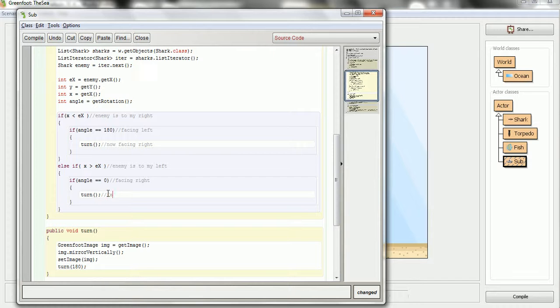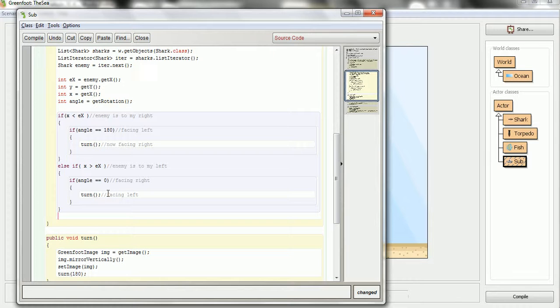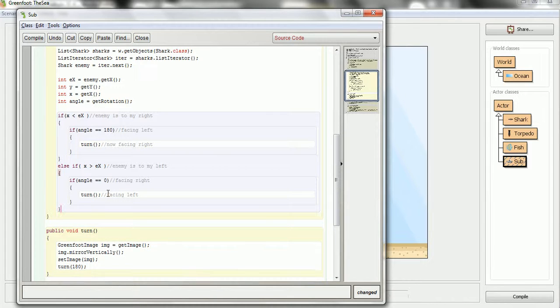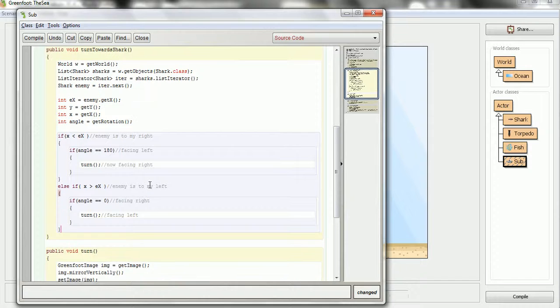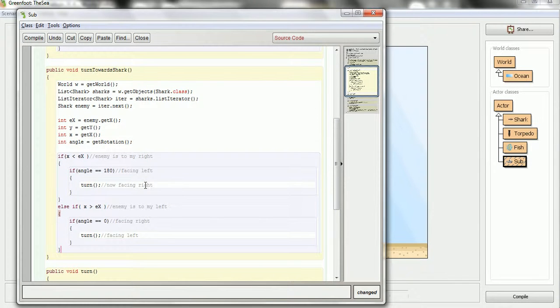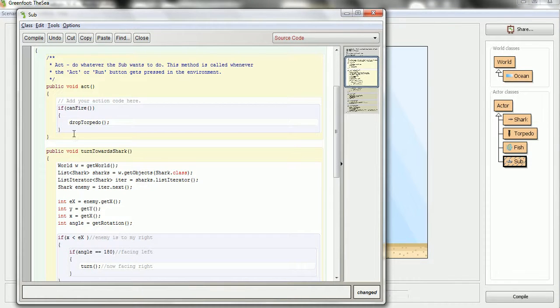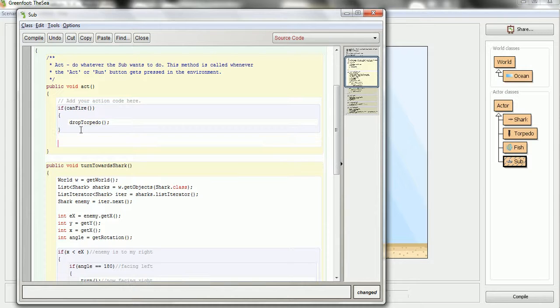And that means I'm now facing left, the same way towards my enemy. Otherwise, I'm not going to do anything. If the shark's directly underneath me, then I don't need to actually change my position. So now I can make the movement happen. I can say turn towards the shark